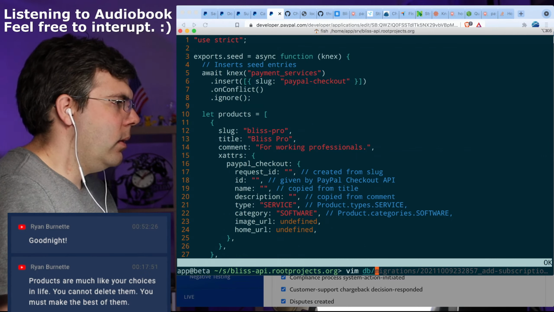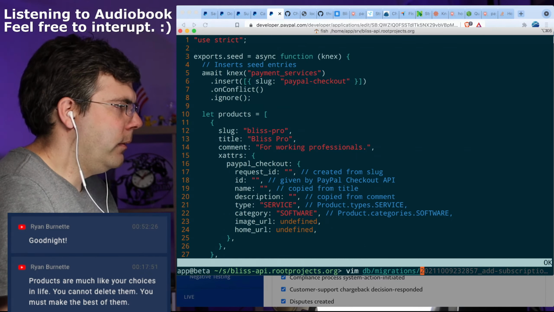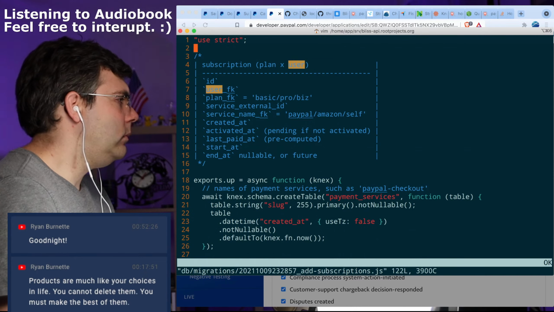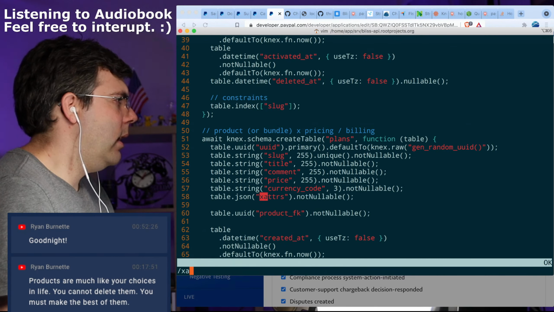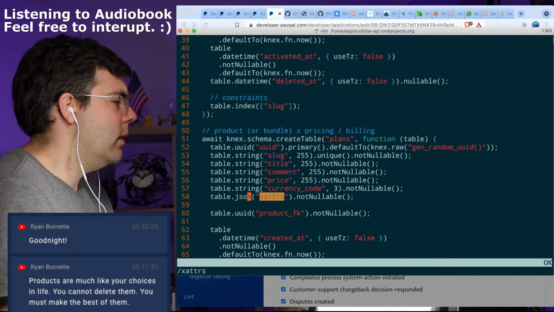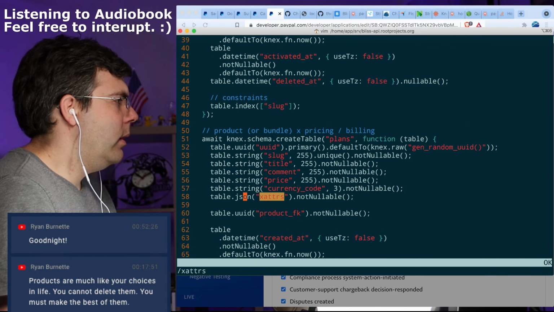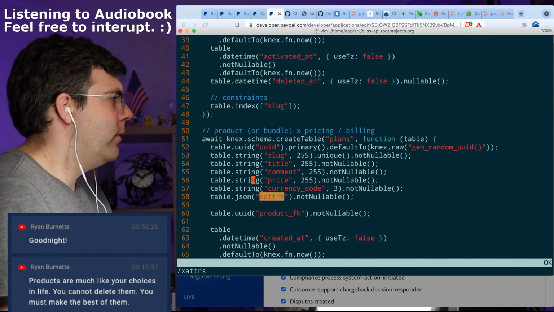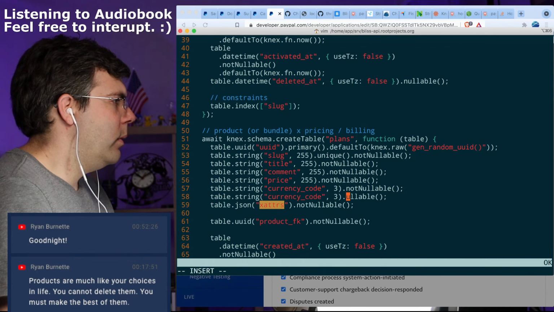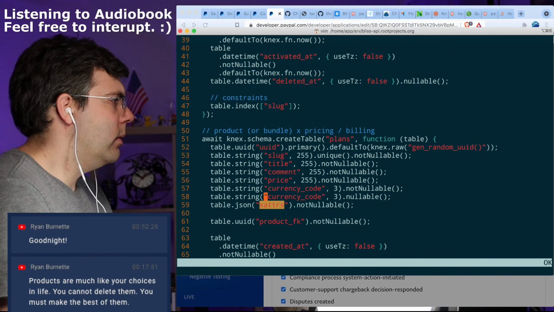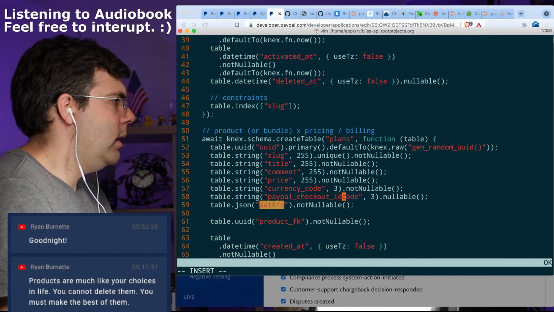Another thing I need to do though is, even though I have X adders here and here, it really does need to have a string, which this can be nullable, which is the PayPal checkout ID.